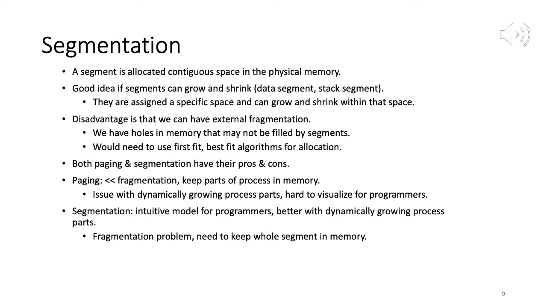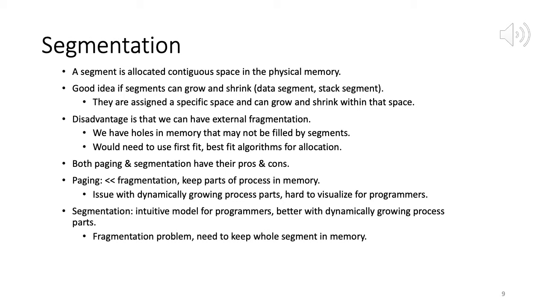So essentially what you can say is for paging the advantages are it minimizes fragmentation, and you can keep parts of a process in memory. So your page table, if you're only using some parts of that process, we'll learn more about it in next chapter. So only those entries of the page table can be activated, allowing you to keep part of a process in memory, right? Whereas in segmentation, you have to bring the whole segment in.